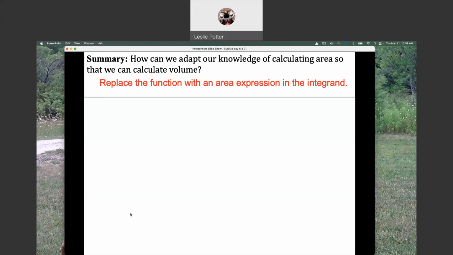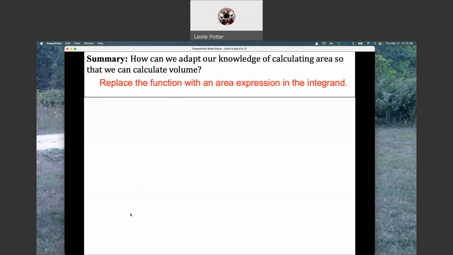So when we talk about squares, the area of a square is side times side, or side squared. So the area function for a square is quite literally side squared,